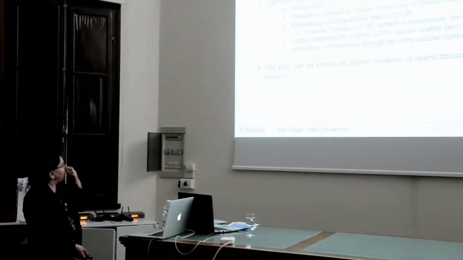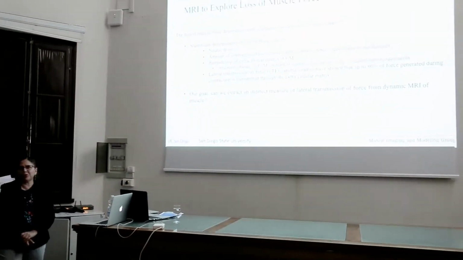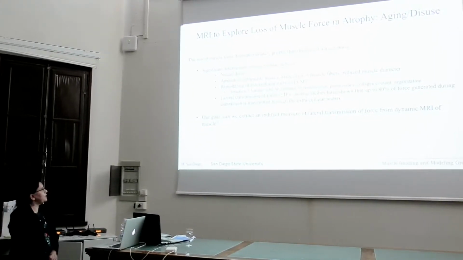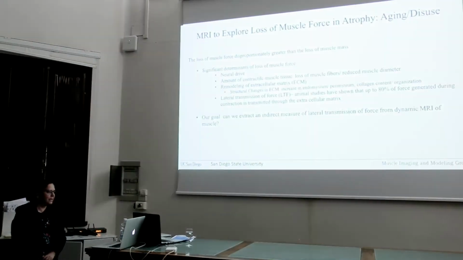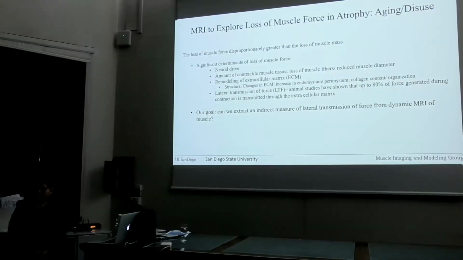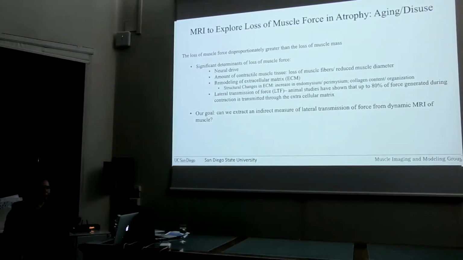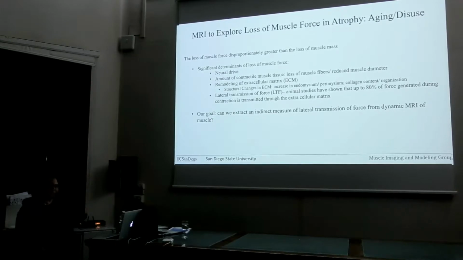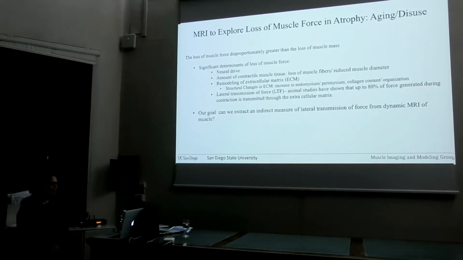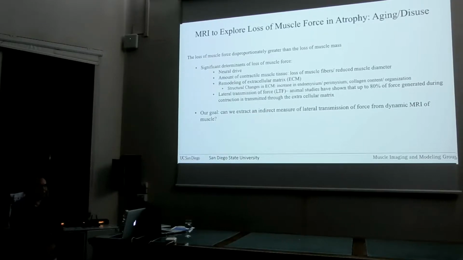So the motivation behind this was why is the loss of muscle force disproportionately greater than the loss of muscle mass? And looking at the significant determinants of loss of muscle force, neural drive has been studied well. Amount of contractile muscle tissue has also been documented, like either in loss of muscle fibers or reduced muscle diameter. What is less studied and probably has large implication for this force loss discrepancy is the remodeling of the extracellular